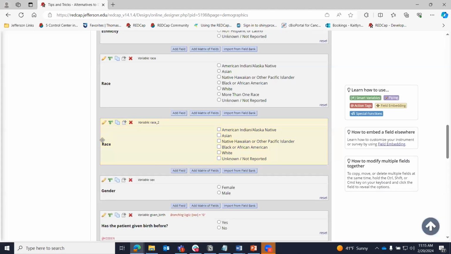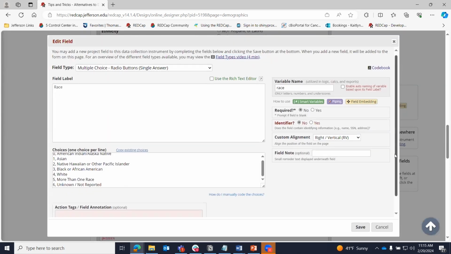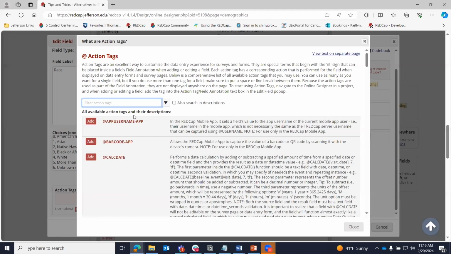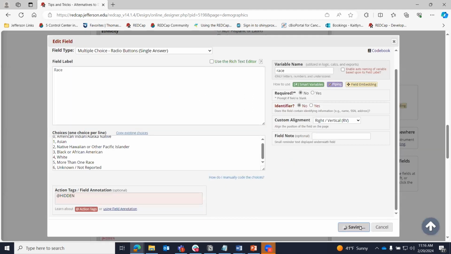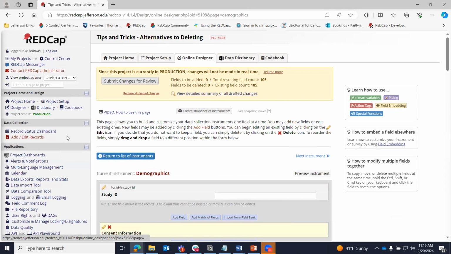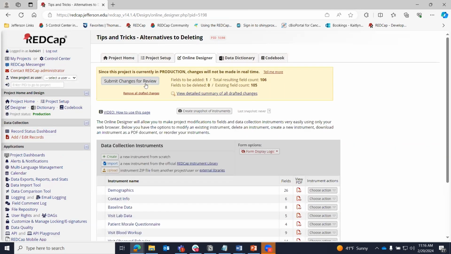I can delete that "more than one race" option because there is no data associated with it, only because it's a new fresh field. Normally you don't delete options either. And so now I have two versions of my race field. I have the version for people who already were in the study before I made this change. And now I have what I'm going to collect going forward. So if I used my @HIDDEN action tag for the old race field,